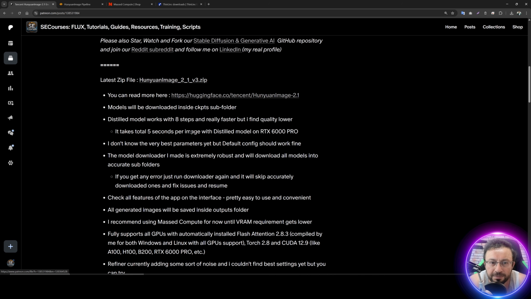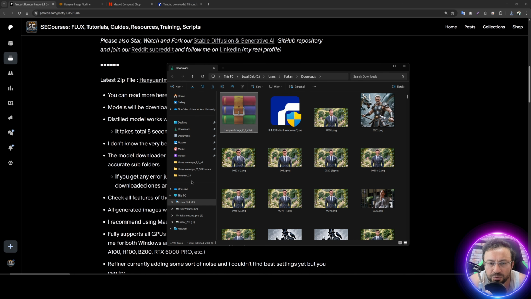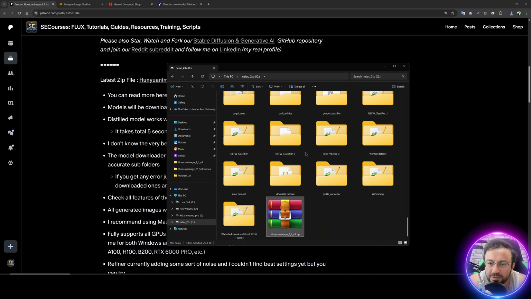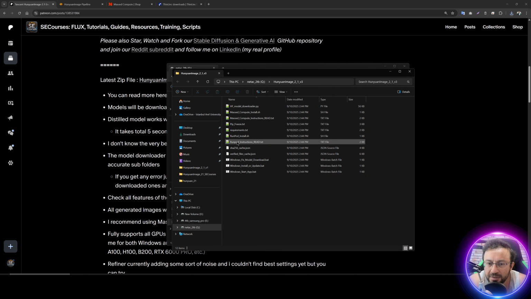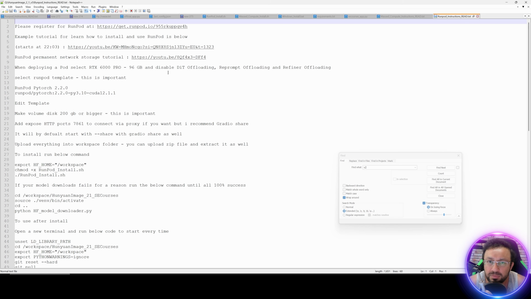Download the latest zip file from the post, move it into any disk where you want to follow and extract all. Okay, let's extract all. Then you see there is RunPod instructions read txt file. This is my RunPod installation way, always the same. So once you learn how to install one of my applications, you understand the logic and you can follow it